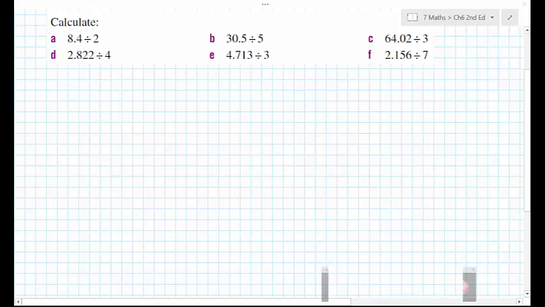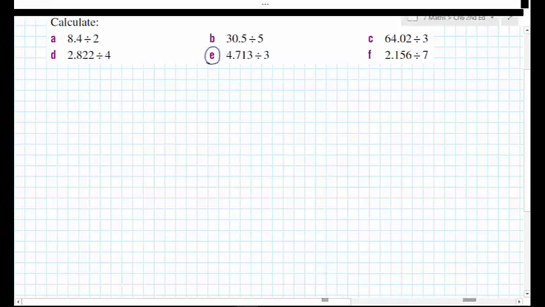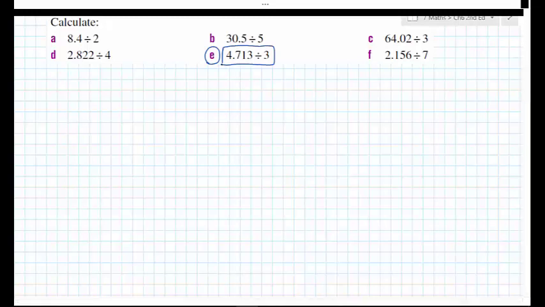Okay, this question here wants me to look at the following. So let's look at E, and let's look at how we calculate something when we've got decimals being divided by something. So what we'll do is have a look at basically our normal division type rules. So we have